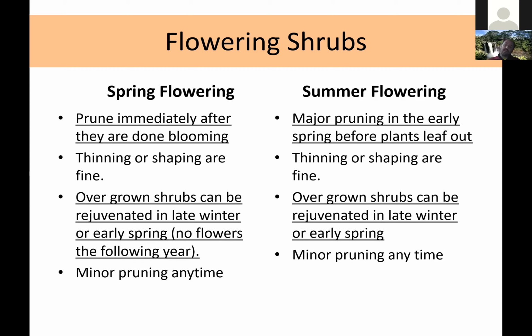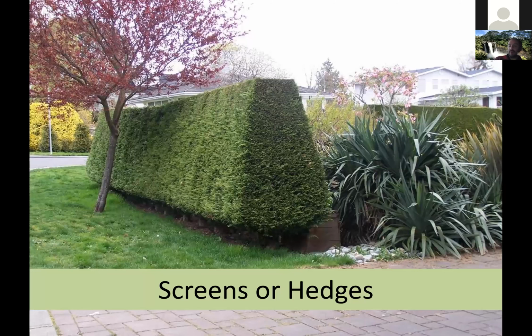If you're questioning whether a shrub is spring or summer flowering, there's one really good, nearly foolproof trick to figuring it out. You take out your phone, you open up Google, and you Google the shrub that you're looking for, and you should be able to find out that way. You don't have to memorize it all. But failing that, you can look at just the bloom times. If it blooms sometime before the middle of May, even towards the end of May, it's probably a spring blooming shrub. If it blooms after the end of May, it's probably a summer blooming shrub.